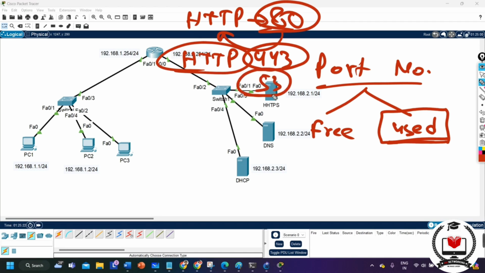Port number of DNS, guys, 53. This is used port number. Port number of DHCP 67 and 68. Don't worry, we will discuss why DHCP is using two port numbers. So we have two types of port number. One is well known, or you can say used. Well known port numbers are those port numbers which I have already assigned to protocol. And the free port number or unknown port number are the ports which are free, which are available,